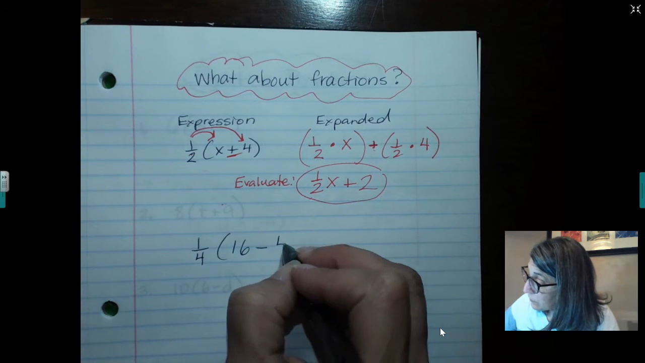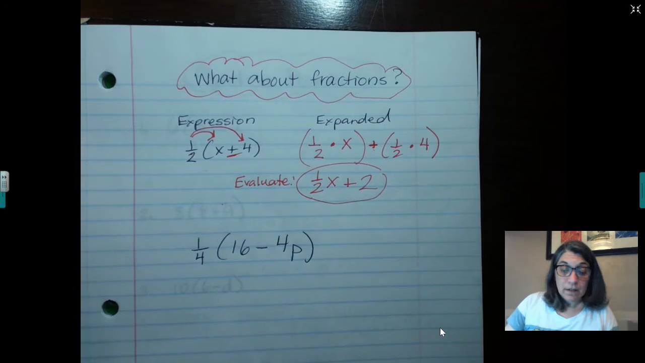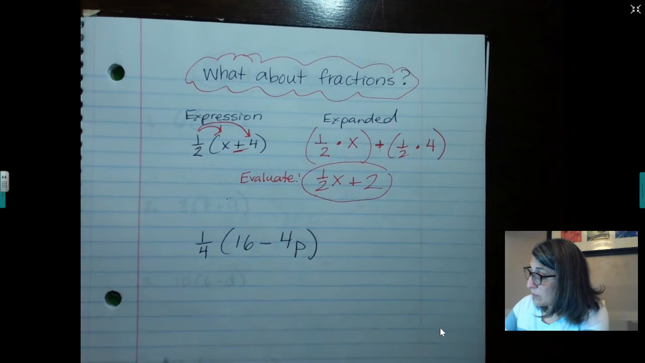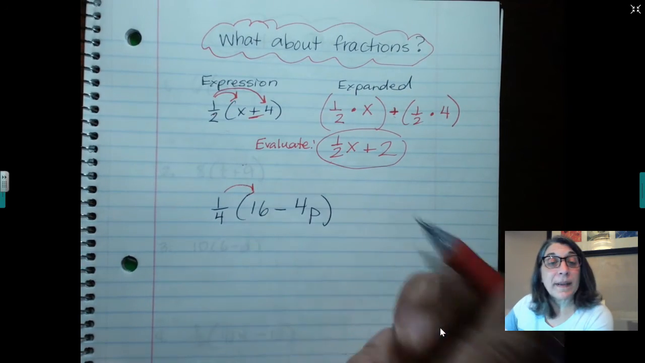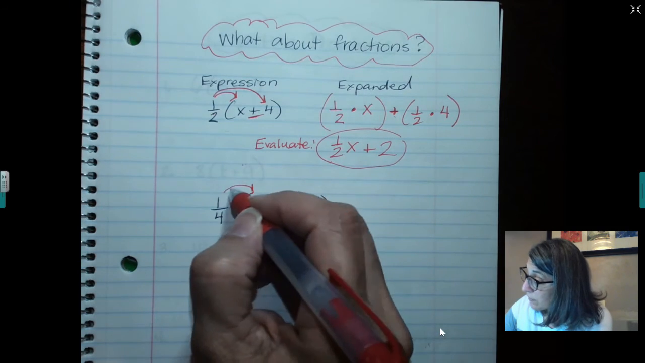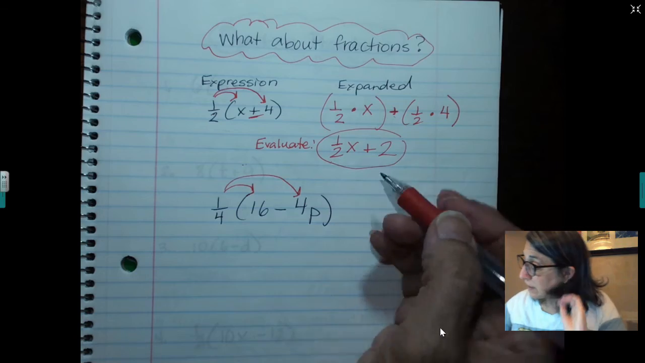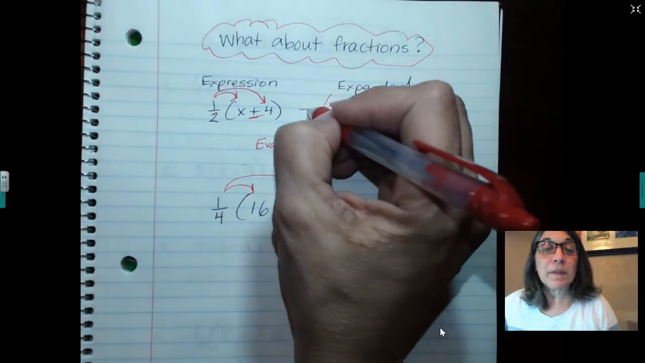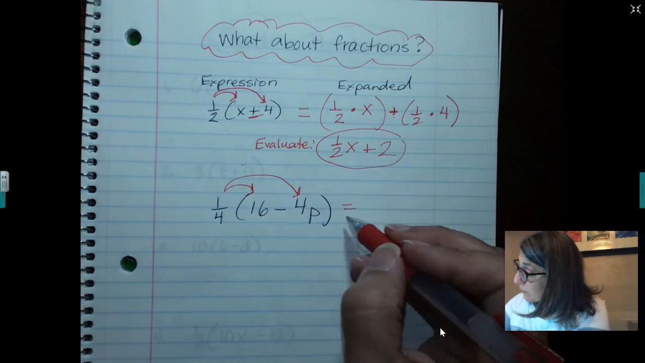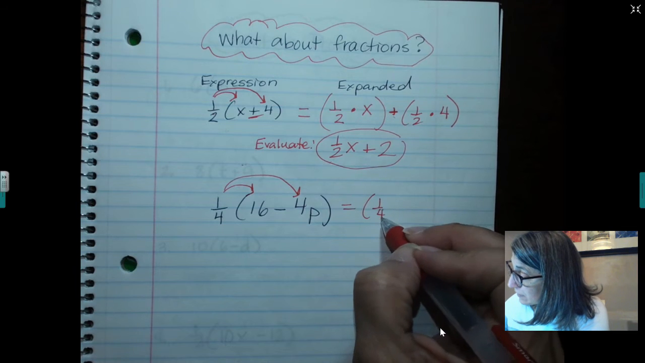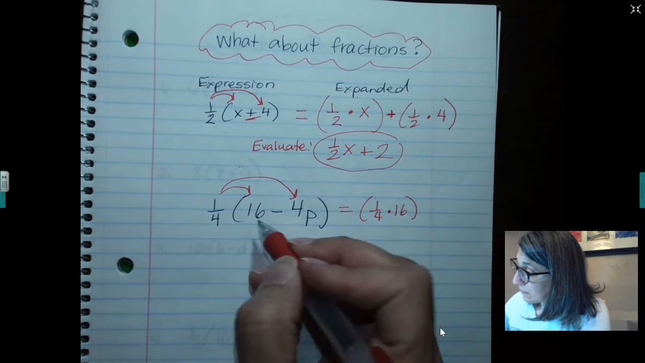1/4 times 16 minus 4p. Okay, I did a subtraction one. So we're going to multiply 1/4 by 16, and then we're going to multiply 4p by 1/4. Okay, so let's expand it. Oh, I forgot to put that up there. Okay, so I'm going to do 1/4 times 16 minus